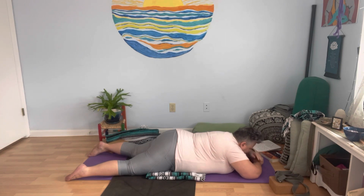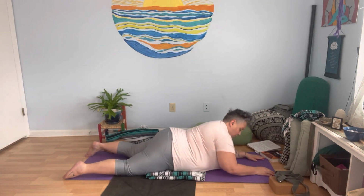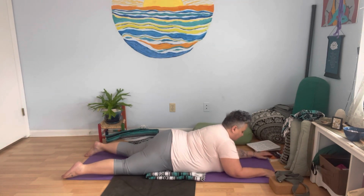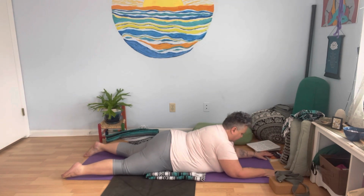Very easily, with the next inhale, we're going to rise up to a Sphinx pose. So normally with a Sphinx pose, we would have our elbows underneath the shoulders, but this time we're going to push the elbows a little bit further forward. We're still not going to sink down into the shoulders, but